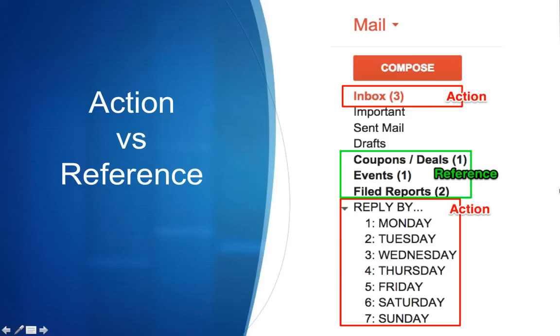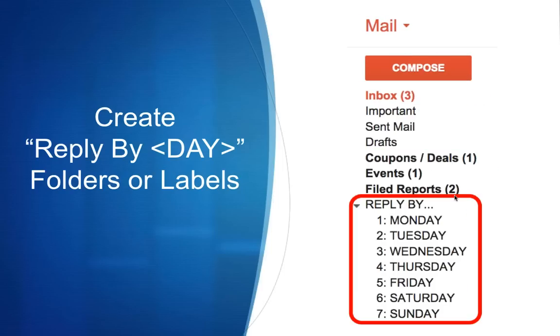I also want to make mention of action versus reference. There are some emails that are actionable. You need to reply to them. And there are some things that are just reference, like coupons and deals that you get, notifications about events, or filed reports. Those are all reference-related emails. Actionable ones are things where I need to reply to this person, or I need to get something done as a result. So one of the things I suggest doing, and this actually works pretty well for me, is